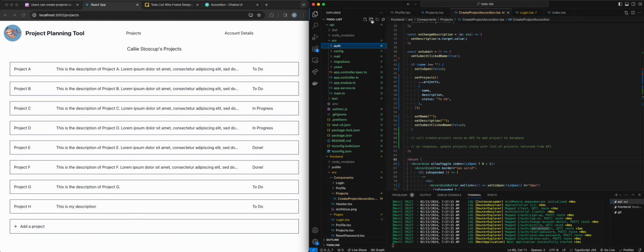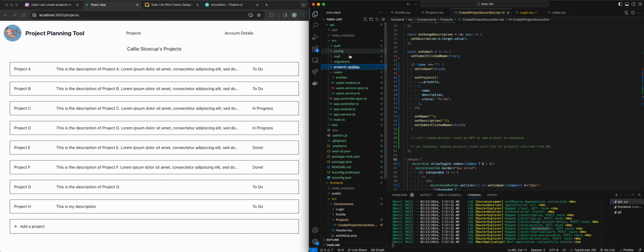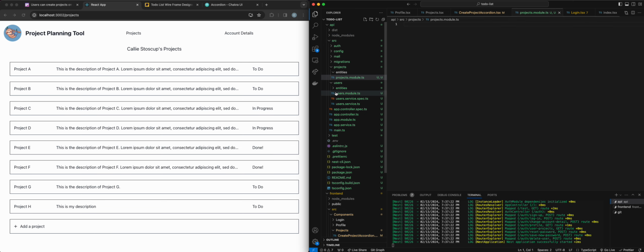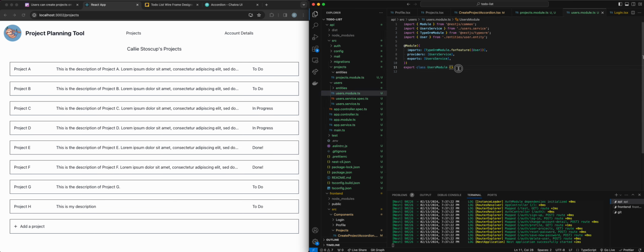So I'm going to create a folder to start out with, and we're going to call it projects, okay? And then within the folder, we are going to have another folder called entities, all right? And then within the projects, we are going to have projects.module.ts, all right? I'm going to go ahead to users module and just copy that, and then we will edit